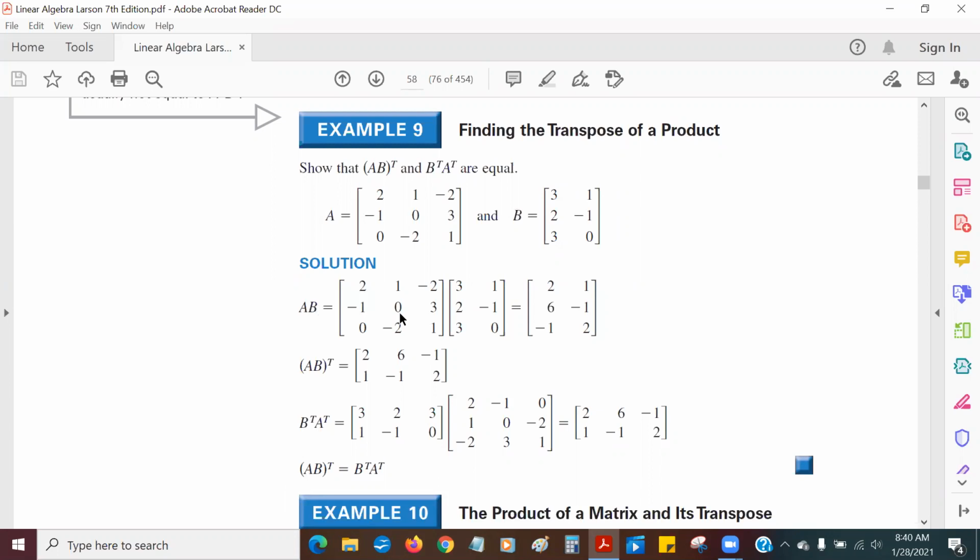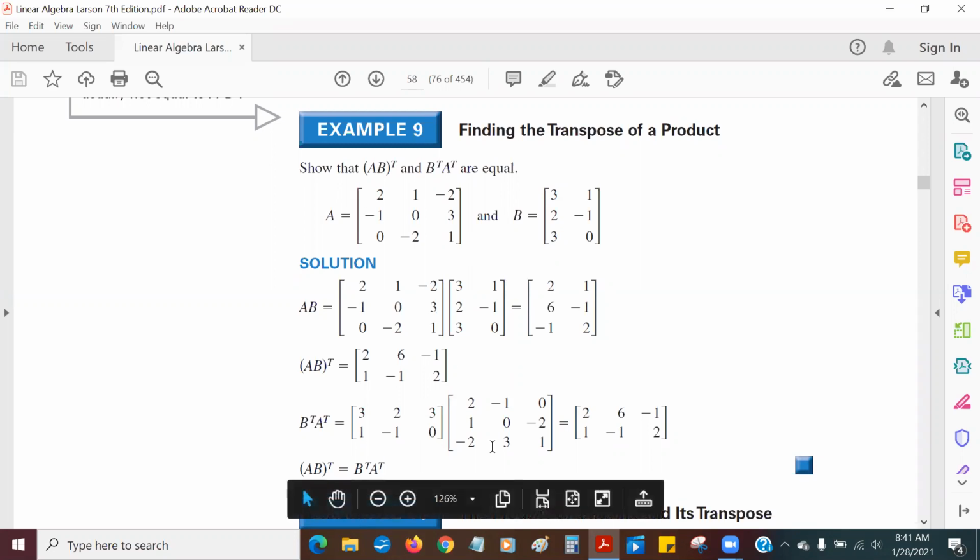So here's matrix A, here's matrix B. I'd like you to multiply these two matrices and see that you get this as your result. Then when you transpose this, 2, 1, 6, -1, -1, 2, you're going to get 2, 6, -1, 1, -1, 2. On the other hand, if I would just take B and transpose it, and take A and transpose that,